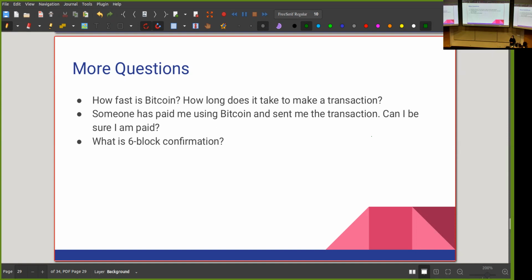And of course, the answer is no, because I have to wait for the transaction to be finalized. I have to wait for the transaction to get on the blockchain. But even that is not enough. So it might be that I have my blockchain. Let's say this is the blockchain, and these are the blocks that are being added. And it might be that the transaction that paid me is in this block. Let's say this is the transaction that paid.